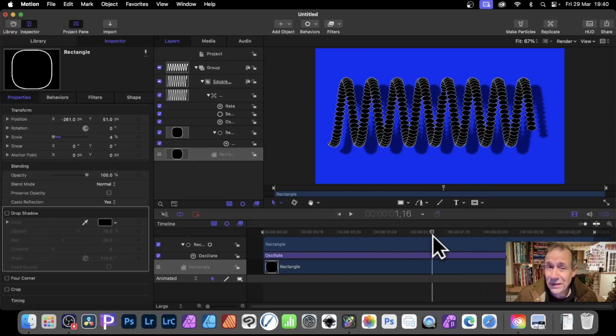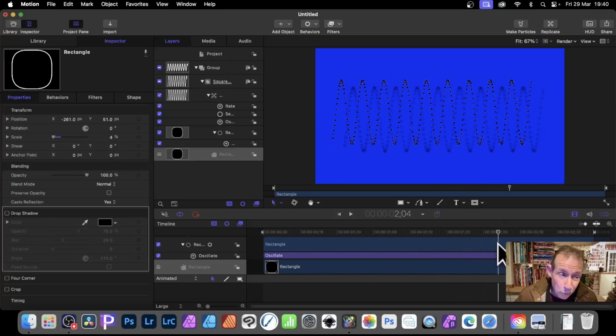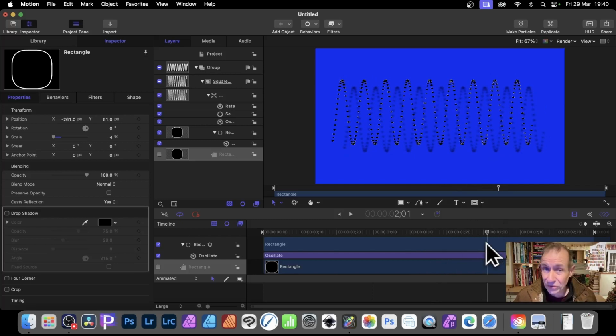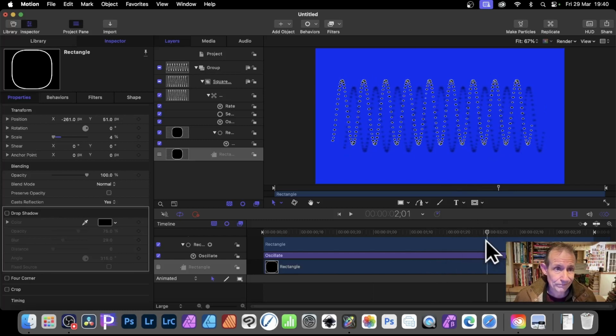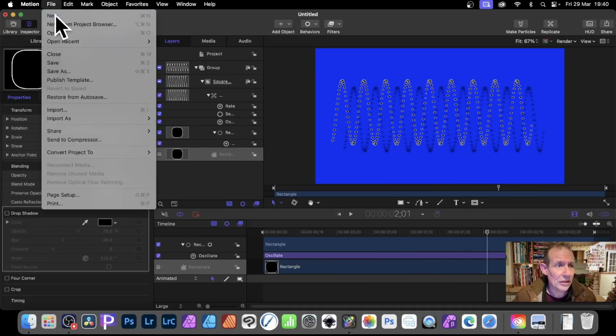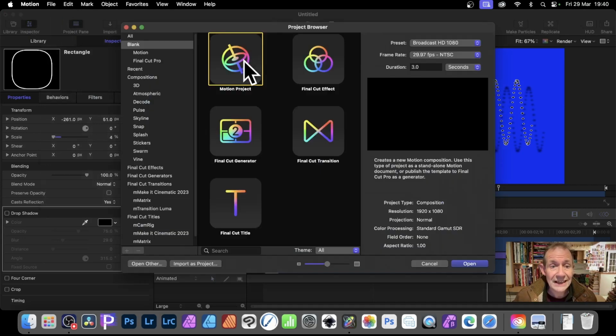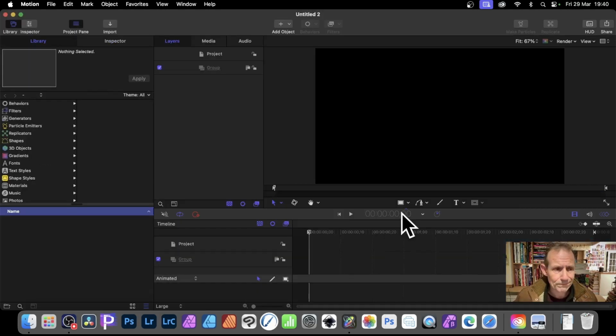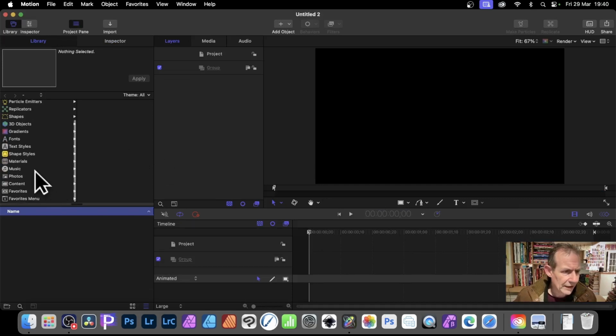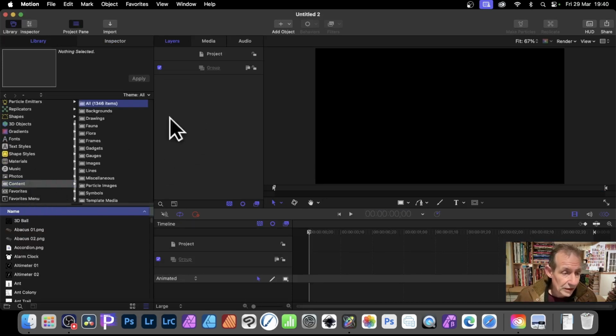Apple Motion comes with a load of great features. Quite a lot of them can be found in the content section of your library. So let's just go to File and New for Apple Motion and then create one, so open. And then just go down here to Content. And in Content, you've got